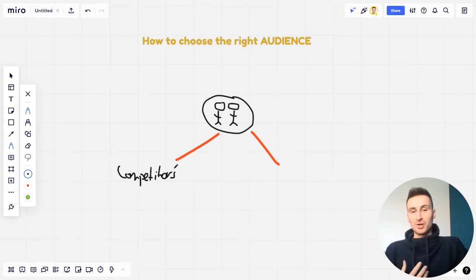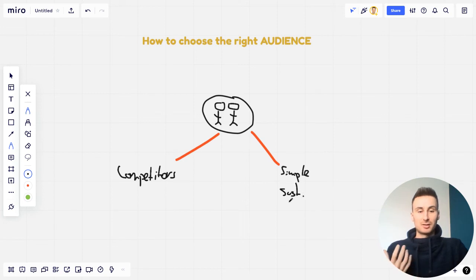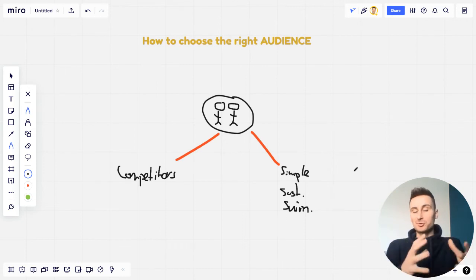And the second approach is to try and see if just the most simple interests will work. So using this approach with simple interests is as easy as trying things like sustainability. It's basically as simple as trying things like swimming. You never know which audience might perform for your product, which audience might take off because the offer is structured well. Now, there are infinite possibilities that you can use in this case,